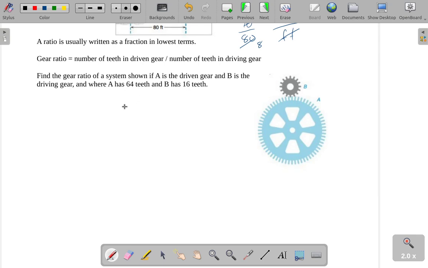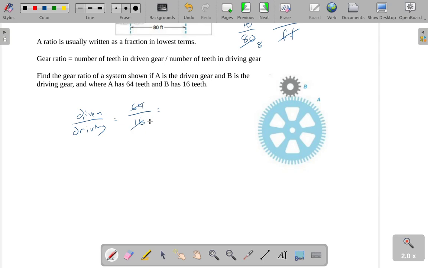A has 64 teeth and B has 16 teeth, so I'm just going to put in the various numbers. It looks like we should do the driven divided by the driving. So this is going to be 64 teeth divided by 16 teeth. And I could add teeth on there as units, but in any case, when we reduce this,